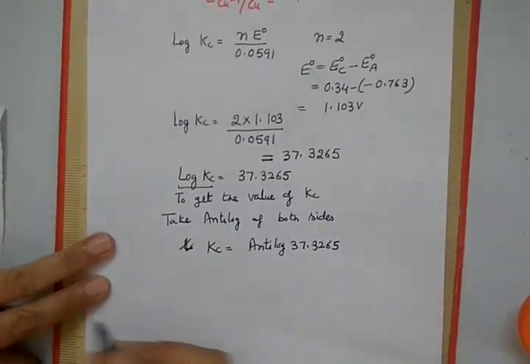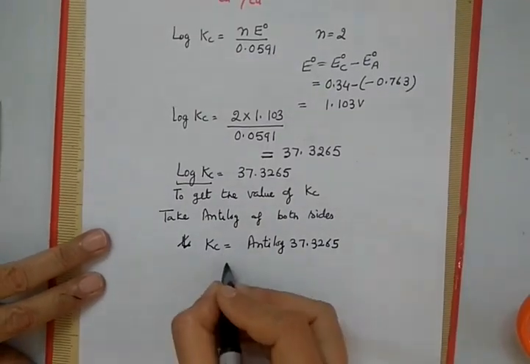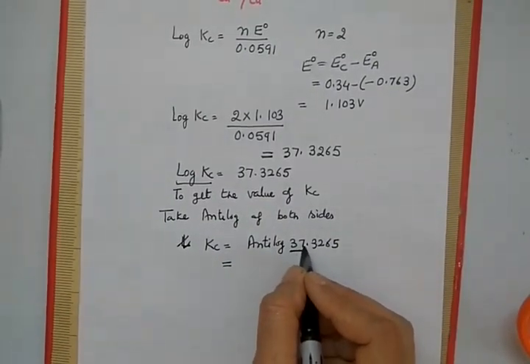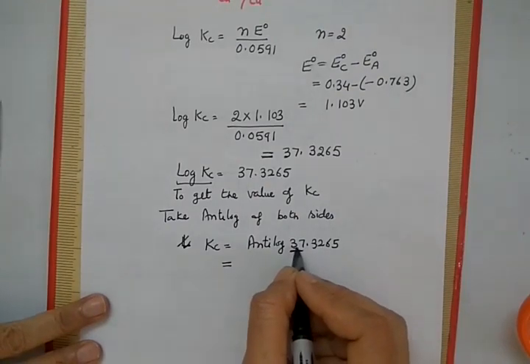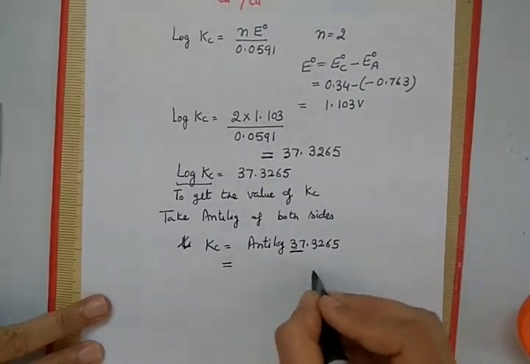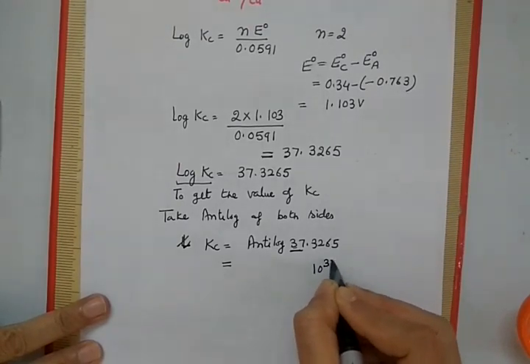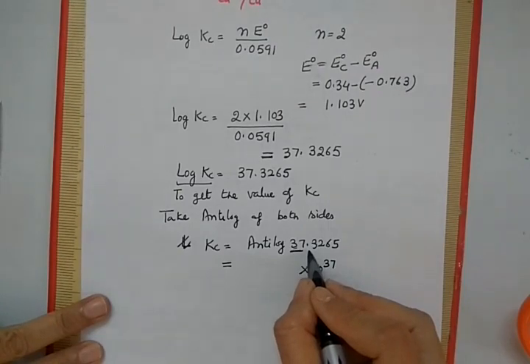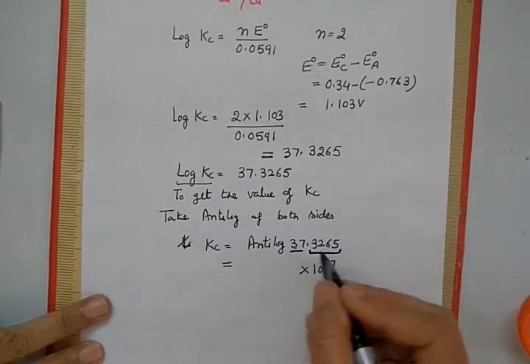Now how to take antilog of this? For this I have already explained that the digits to the left of the decimal only show the place of the decimal. So therefore it becomes 10 raised to power 37 into, we see the antilog of this factor, always antilog of this factor,